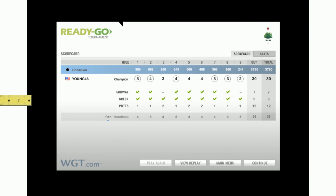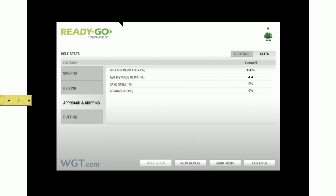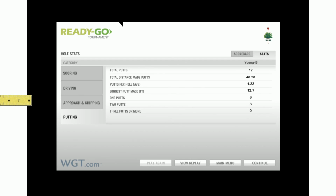So all in all, not terrible. You know, for Merion front 9, I'll take it. Obviously, 5 here, that little 7-footer would have been nice. 6, I had a 5-footer there. 3 was a nice big putt there. But all in all, it's not so bad. Average distance to the pin was solid, and the putter just kind of failed me on a couple, but overall